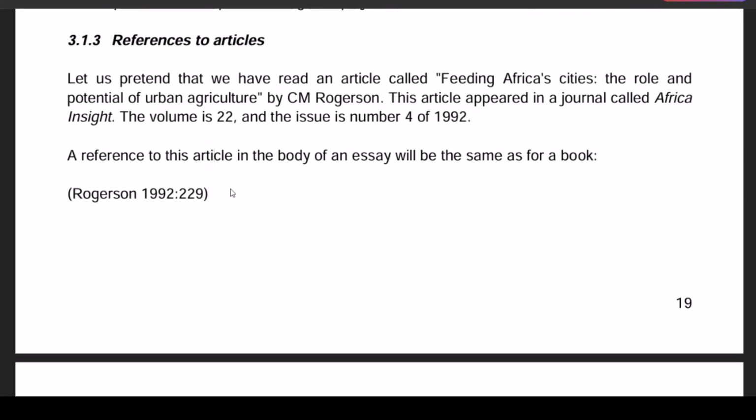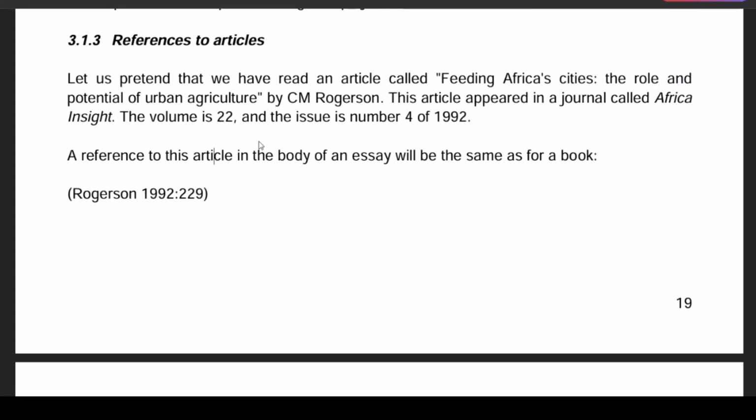Okay. So when you're referencing the article or a journal in the reference list or bibliography, you need to make sure that you include the journal name, and this must be in italics. You see there, the journal is called Africa Insight. So this must be in italics. The journal name is Africa Insight. It must be in italics, as well as,